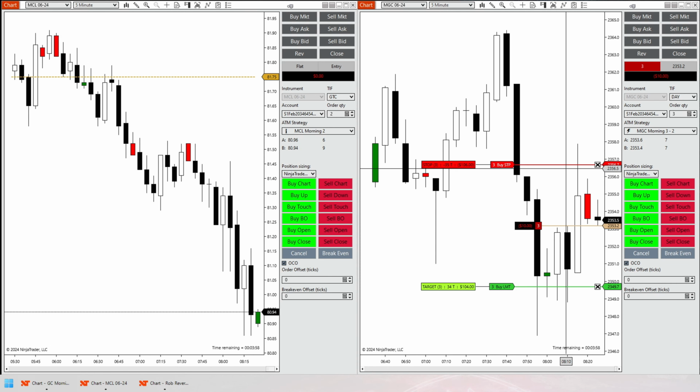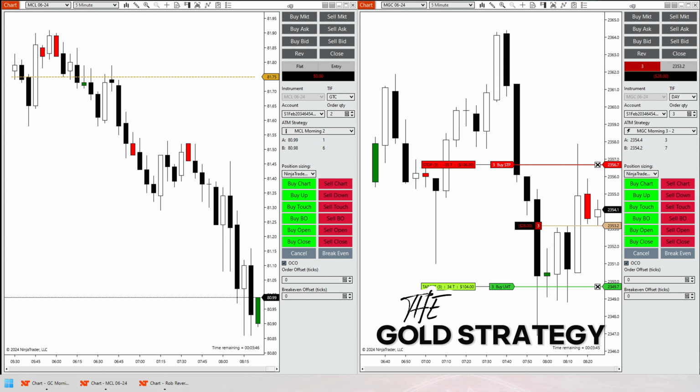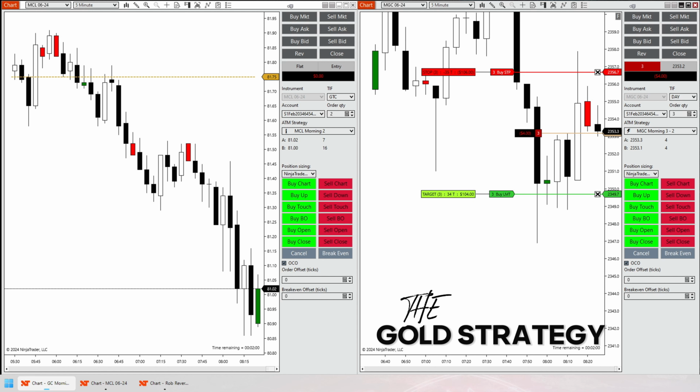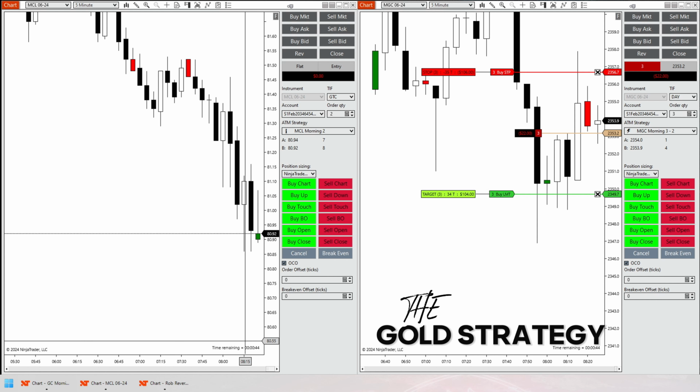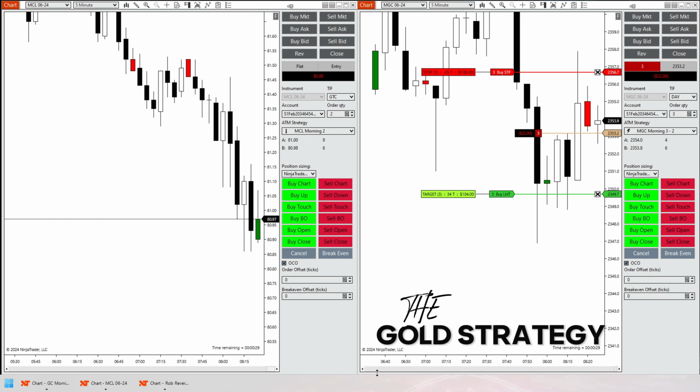Order canceled. All right, so here we get activated into our first trade of the morning, which is in gold. We get activated here into the short based off that red inside bar. Obviously, the bar right to the left of it is our source bar, which is that big white up bar. That is our source. If you go all the way to the top of that source for your stop loss, it's past 40 ticks. So we automatically reduce our risk on that trade down to 35 ticks, and 35 ticks is what we're also looking for as our take profit.